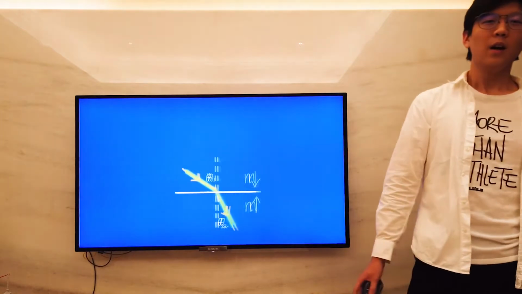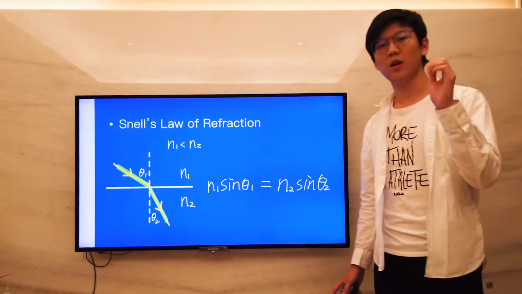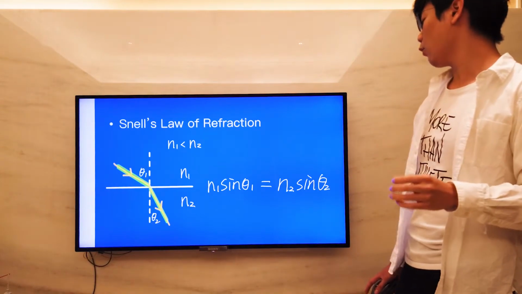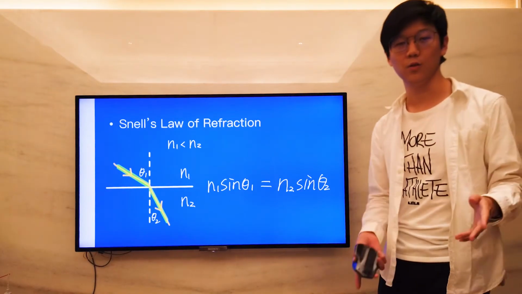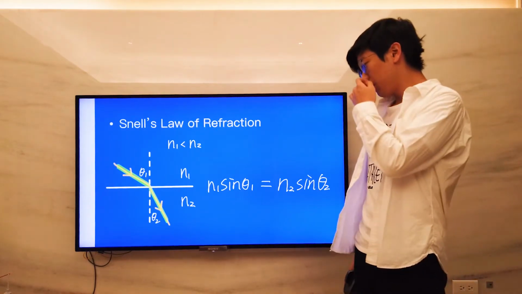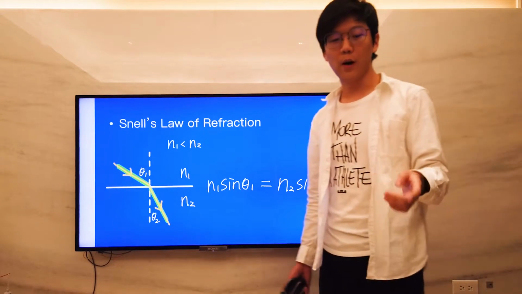Okay, after that, let's talk about Snell's law of refraction. Easily, we can see that n1 sin theta 1 equals n2 sin theta 2. And how to prove it? Briefly speaking, we can see that from the